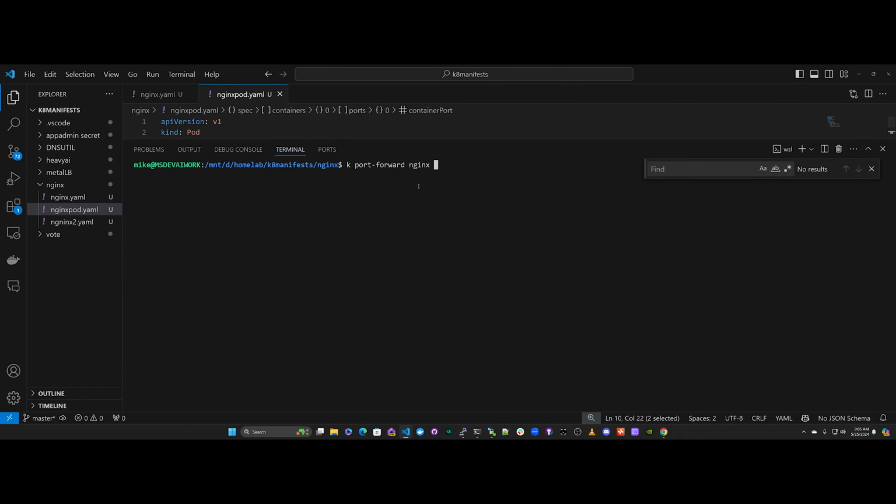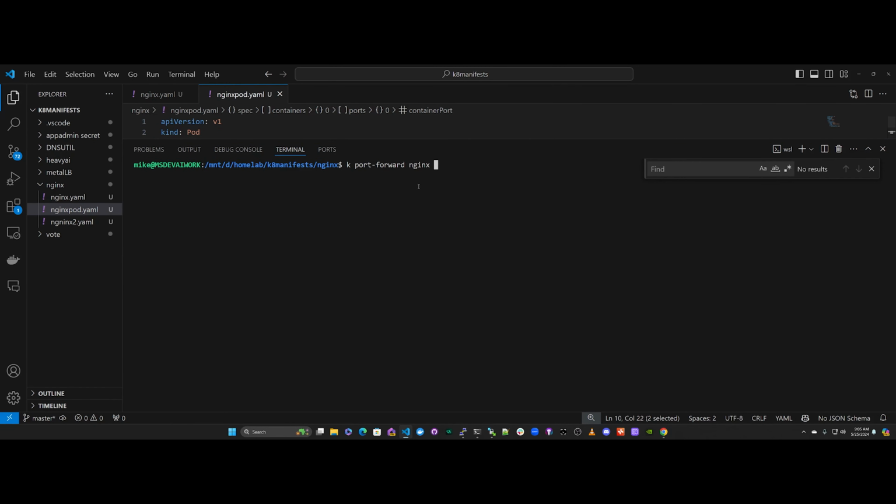We're going to port forward nginx to 8888, pointing to the container port 80. Okay, so let's see what happens when I do this. Now you can see that I'm forwarding from my local host 8888 to port 80 on this container. It's doing a redirection to that container. So how do I now validate that? Well, here's the good news. Since I'm on a Windows machine and I'm using WSL on Windows with a bridged connection, I can just